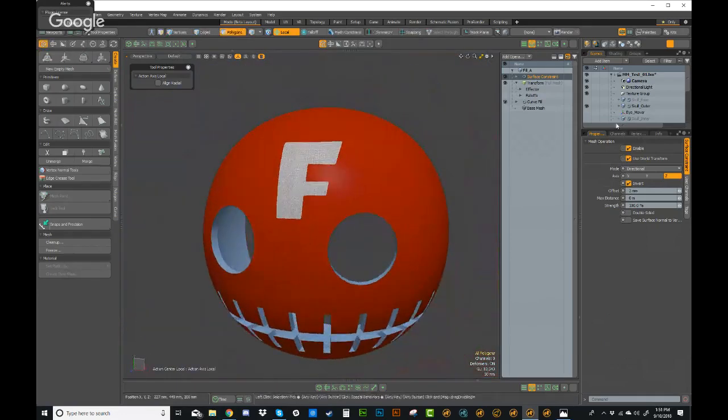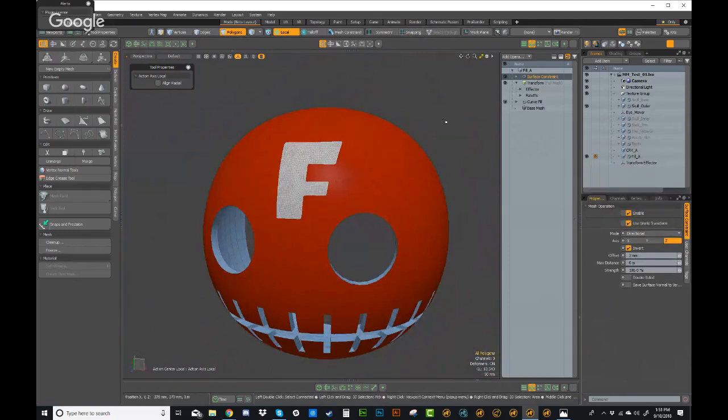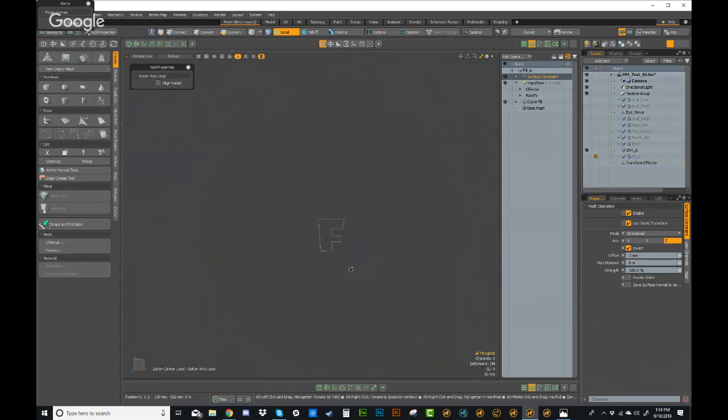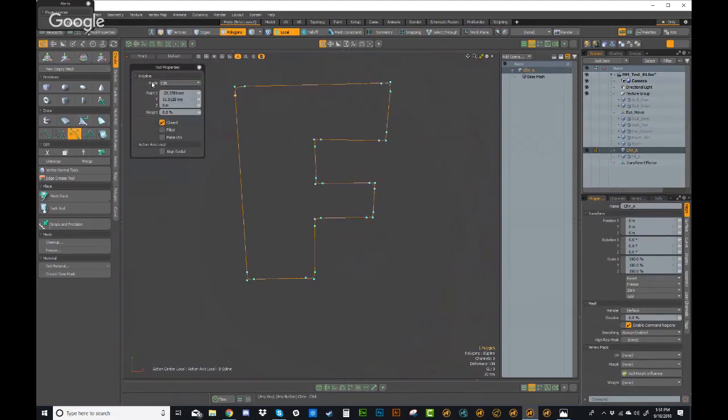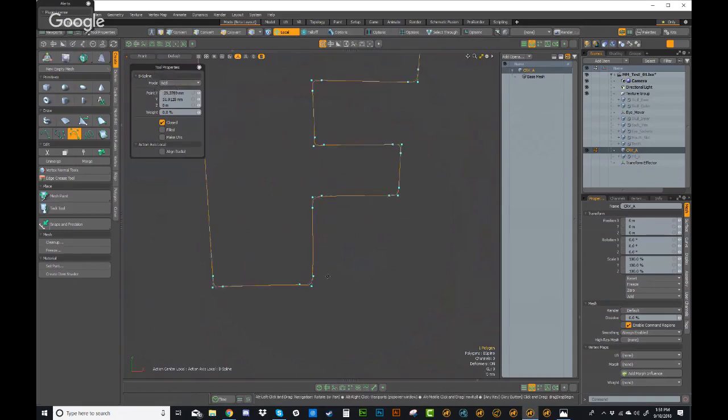And what's nice about this is, let me save this, because the last time I adjusted the curve, we got a crash. But let me actually roll the dice again. This time I'll hide the curve fill, and I'll hide the skull. Control S to save, Control spacebar to go to a front view, 3 for polygons mode. I'll select this B-spline curve, come back over to the B-spline curve tool, change the mode from edit to add,